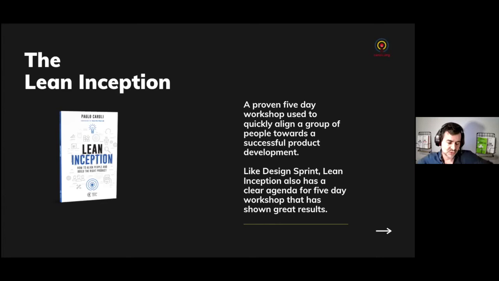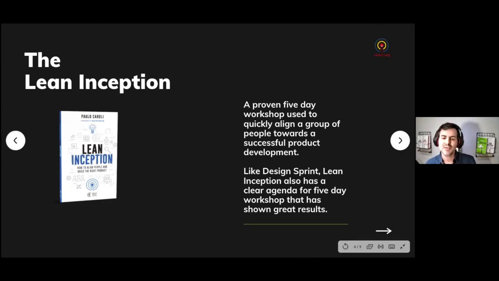So I was very involved in a lot of inceptions, the beginning of Agile projects, but suddenly in 2011, when Eric Ries released his book, Lean Startup, I put my focus on the minimum viable product. And then Lean Inception came from that need, like, oh, I still need to start an Agile project really fast, really effectively, with the focus on the MVP.